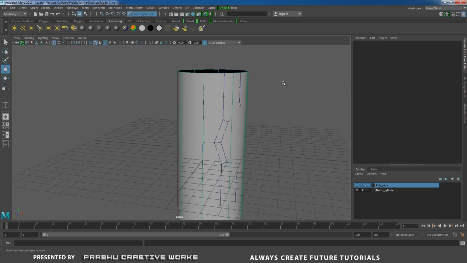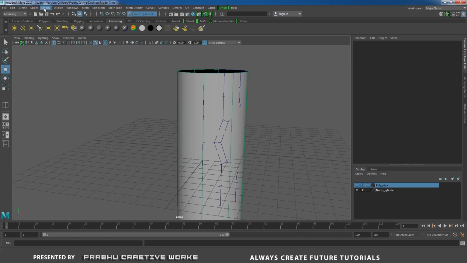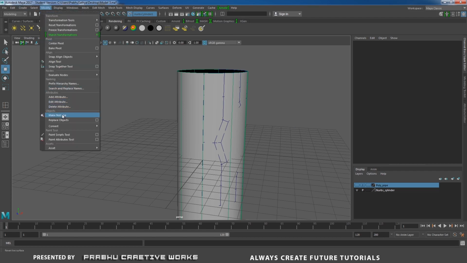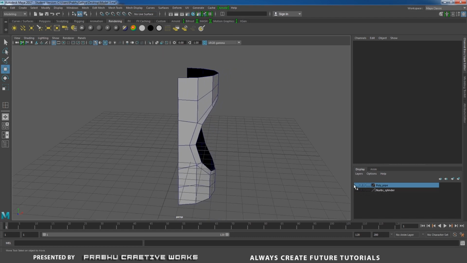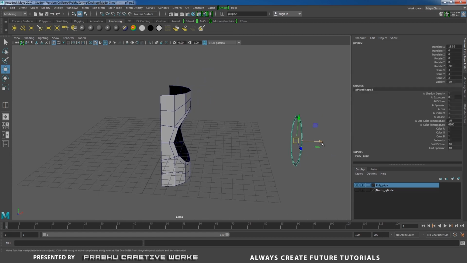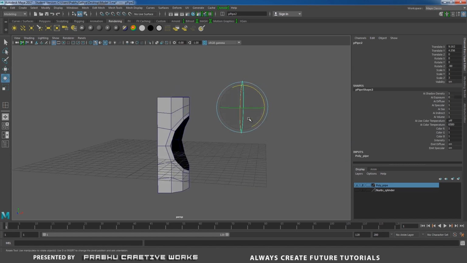So now click on outside and go to modify and choose make not live. So you don't select any object, otherwise it won't work. So click on outside and then go to modify and choose make not live. So now I want to hide my NURBS cylinder, turn off this visibility and turn on polypipe. So now I want to move this object over here and also move in Y